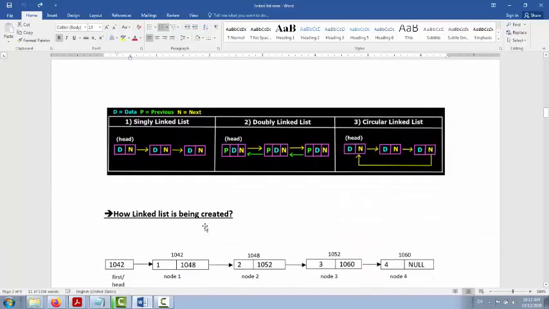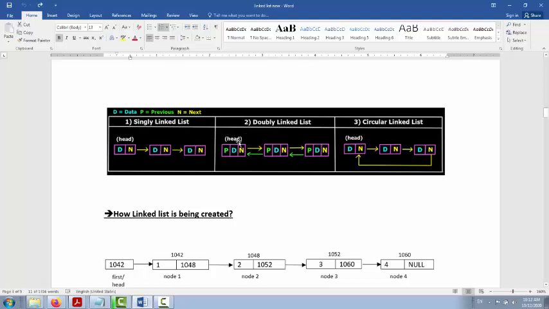So for the singly linked list, we have a figure like that. We have a head node. Head node is connected to the other node, or we can say the first node. Then the first node is connected with the second node. Inside this we have a data and next node, so we have a D and N. Data and next node. N indicates the next node, so N is connected to the next node, then again N is connected to the next node, like this. Now the doubly linked list.